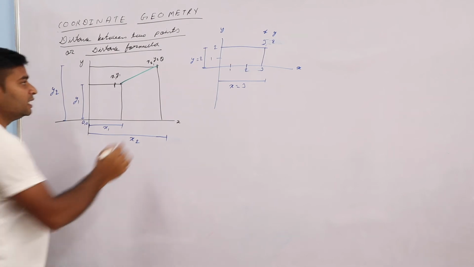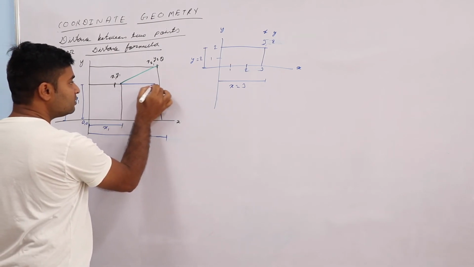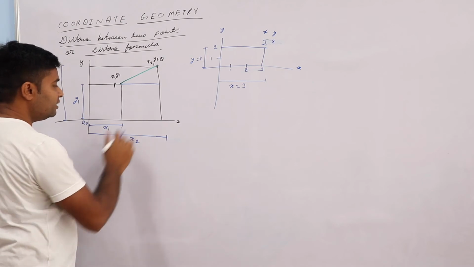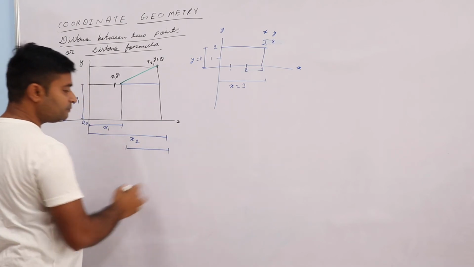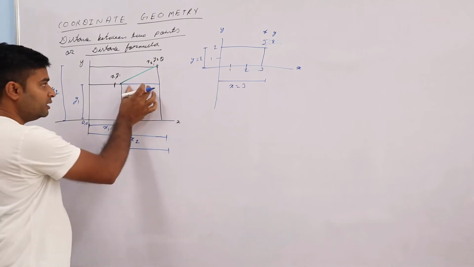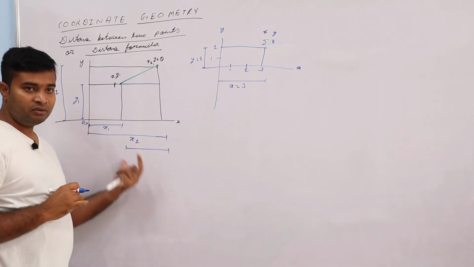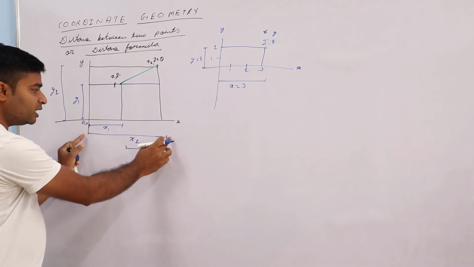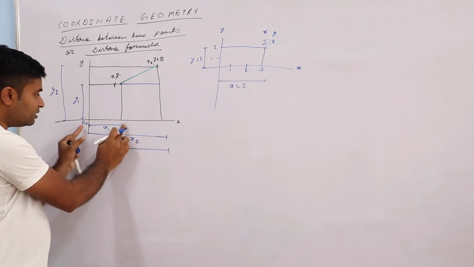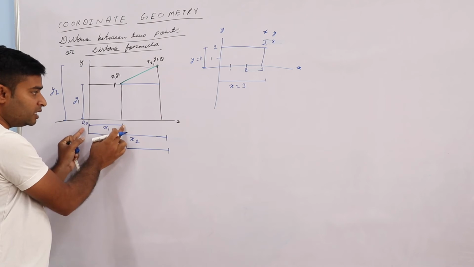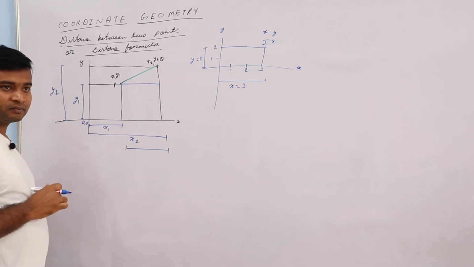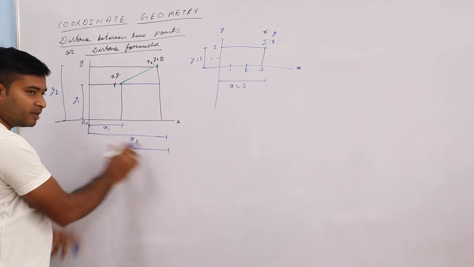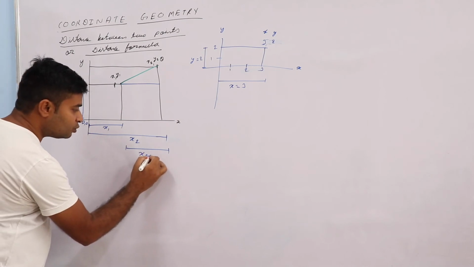Now simply join this also. Getting it? If we join, then we should find the value from here to here. You can give the name anything, it doesn't matter for us. So now this total is x2, and this is x1. From this full, I am removing this, so I will get this part. Means this is x2 minus x1.